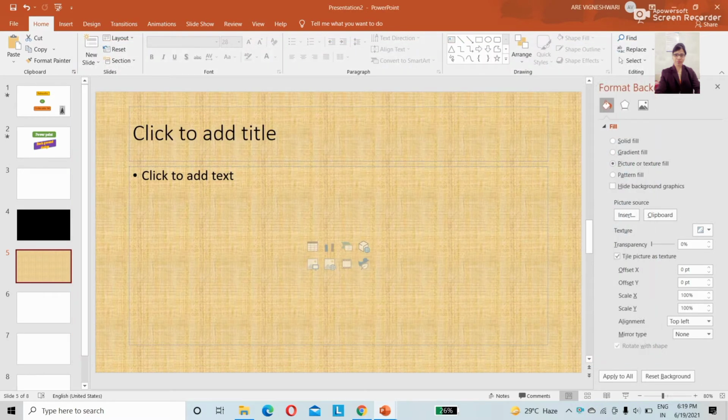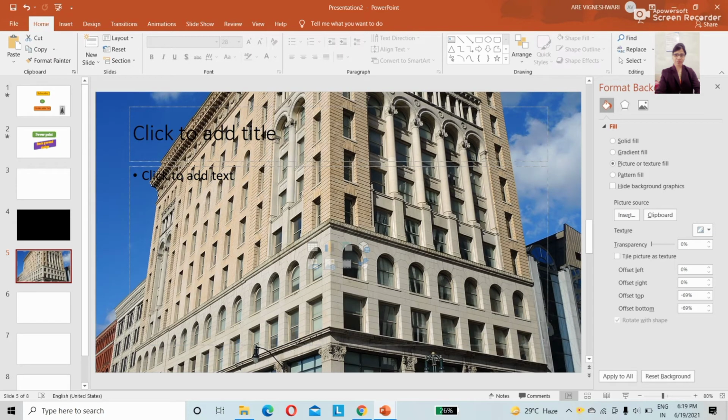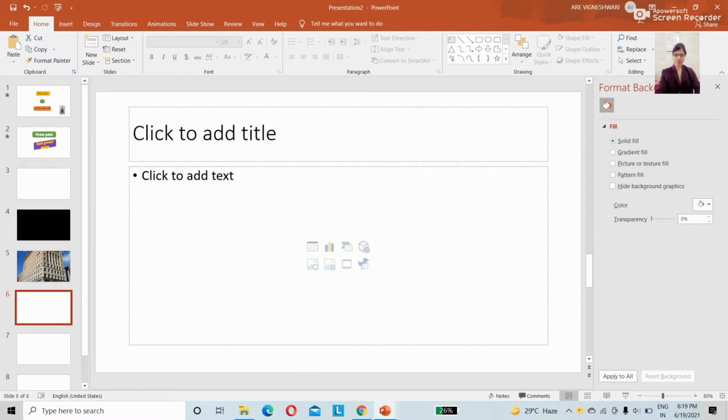Insert. See, the background has changed into that particular selected picture. Like this you can insert different pictures available online, and also the required background from an already saved image.